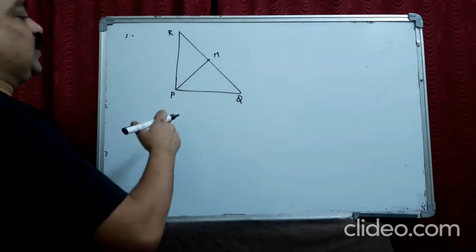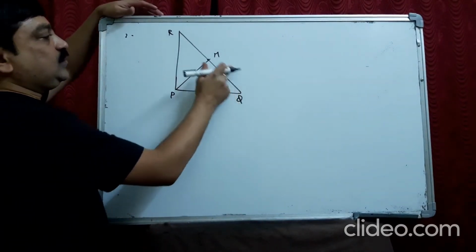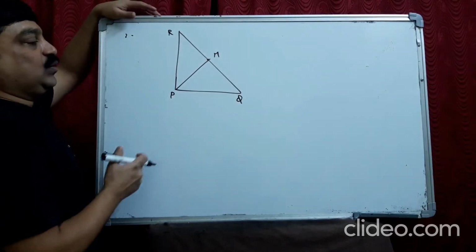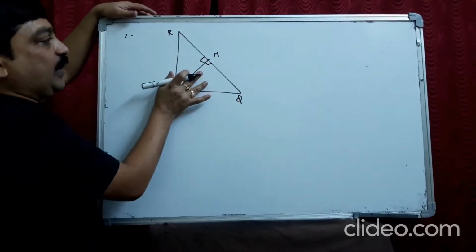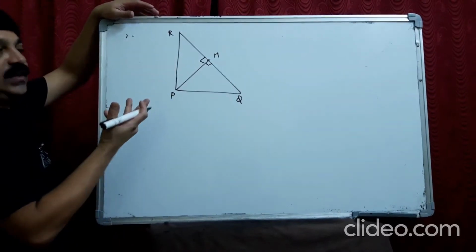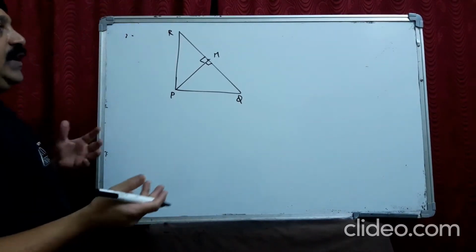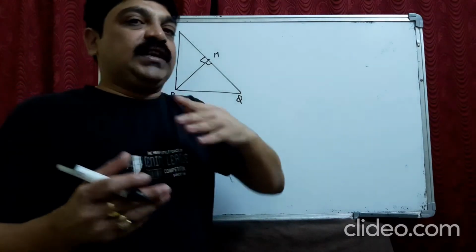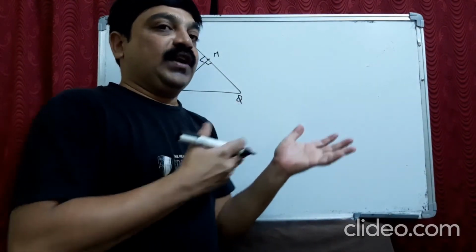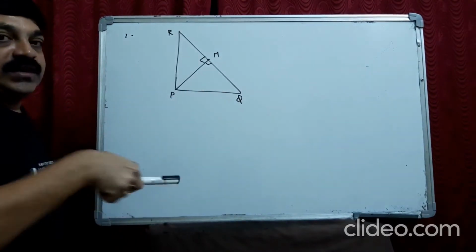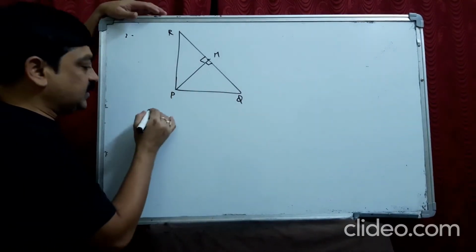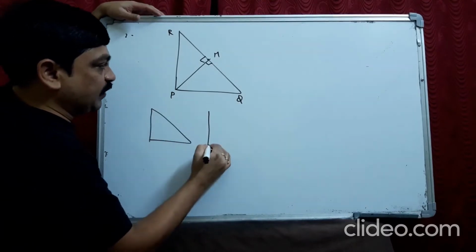PM square is equal to QM into MR. So we have to just, this is right angle, this is right angle. We compare the smaller two right angle triangles. Let us see. Why are you comparing, sir? Because in Pythagoras theorem you have taken the bigger triangle and the smaller triangle. But why are you taking two small triangles? Because here two small triangle sides are included in the proof. That is the reason. So let us take both the right angle triangles separately.